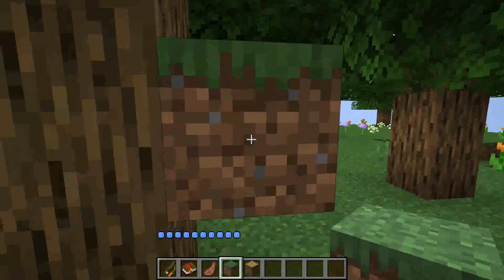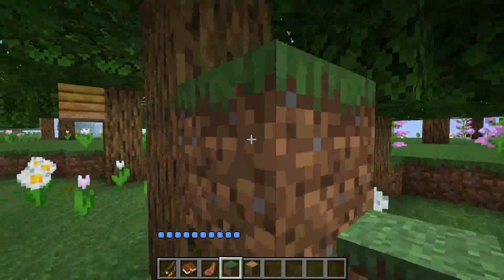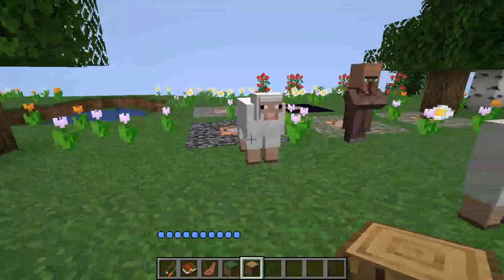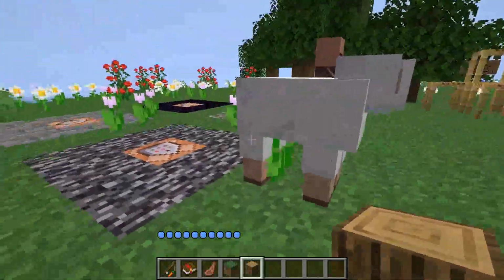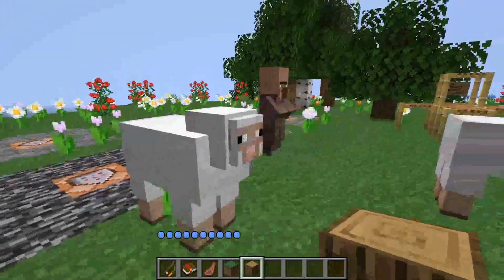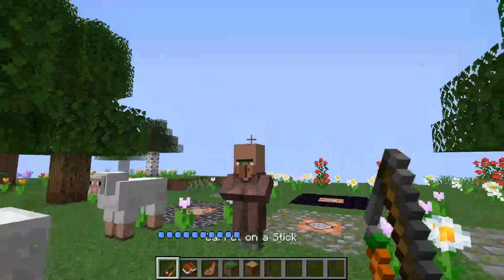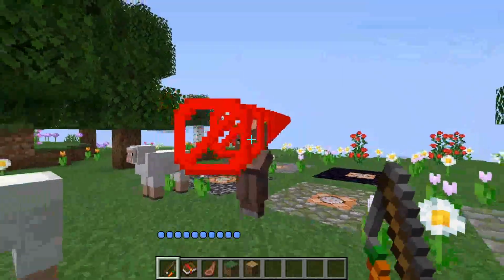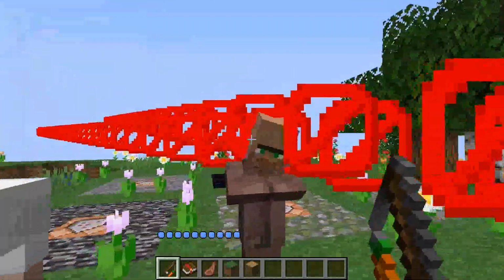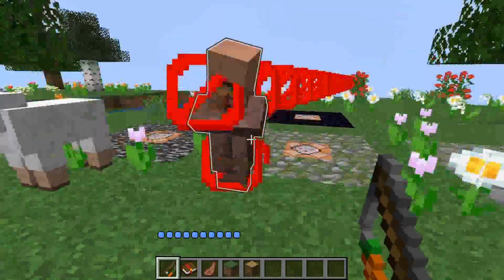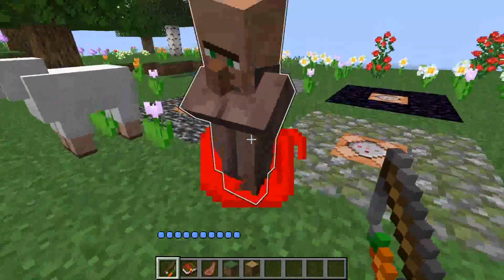Next, what happens is we need to detect whether or not an entity is in this location. Now, remember what we were saying. The hitbox of the entity is usually at its feet, somewhere around here, and not, on a villager, somewhere up here. So if you actually want to hit a villager, if you shoot like this, you can see I'm not hitting the villager because I'm not hitting the hitbox of the villager. However, if I shoot down by his feet, you can see he gets the glowing effect